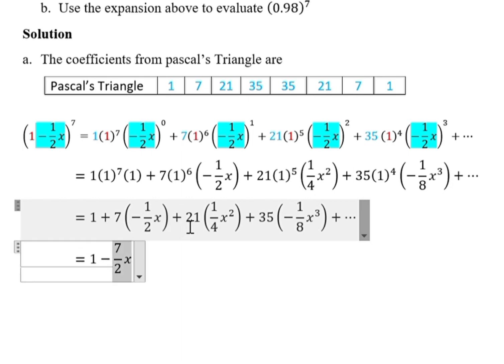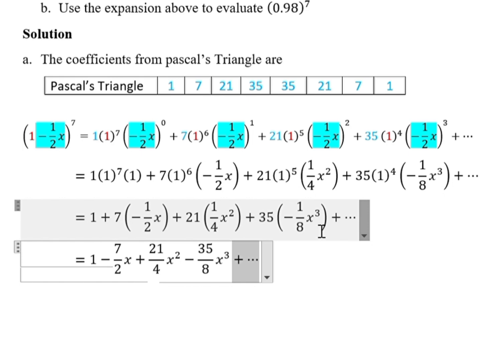Plus 21 times a quarter x squared gives us 21 over 4x squared. 35 times negative 1 over 8x cubed gives us negative 35 over 8x cubed,